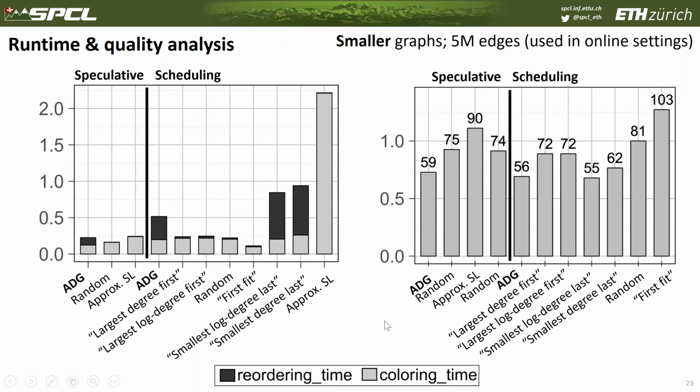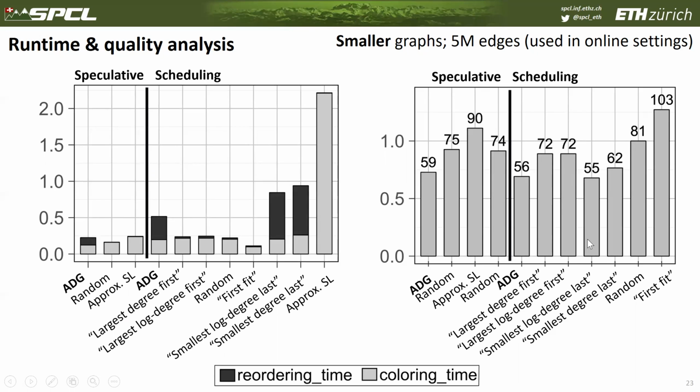And what we can see is that our ADG scheme is comparable or slightly worse in terms of runtimes in the speculative class, and somewhat worse in runtimes in the scheduling class, up to 1.5 from the fastest schemes, such as largest log degree first. But we can also see that it's usually very competitive or better in both classes when it comes to coloring quality. So it's usually the best in the speculative class, and in the scheduling class, it's usually one of the best, being comparable or only marginally